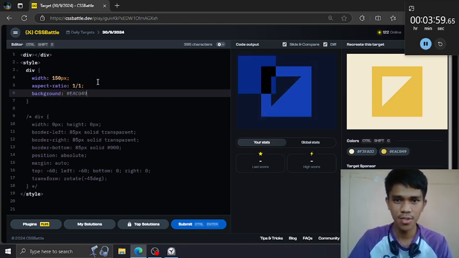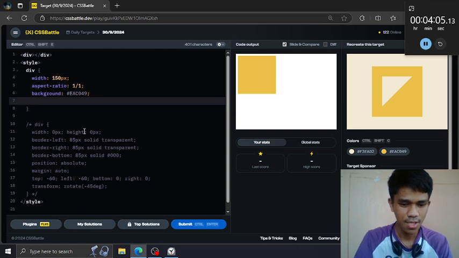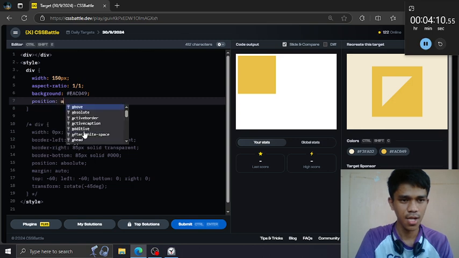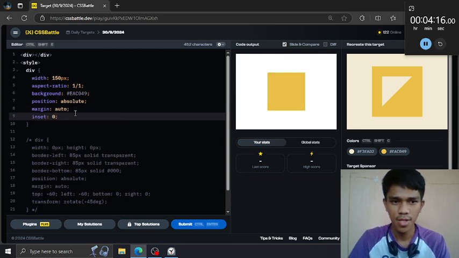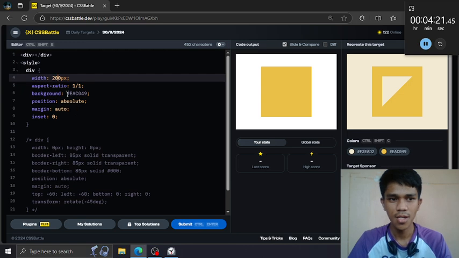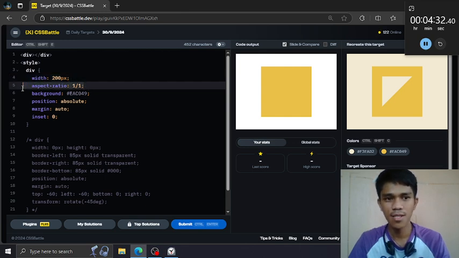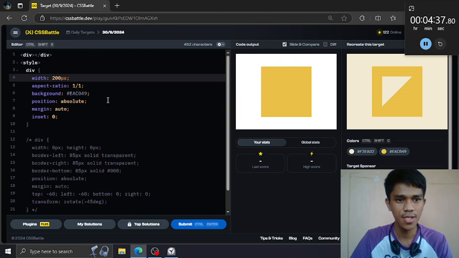So this orange color, let's uncheck the div, yeah, and position it in the center. Position absolute, margin auto, inset 0. Then increase the height. This is what I like when using aspect ratio because it's pretty straightforward. You just modify one property and the height actually follows. Yeah, 200, and